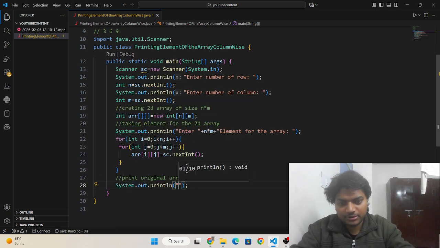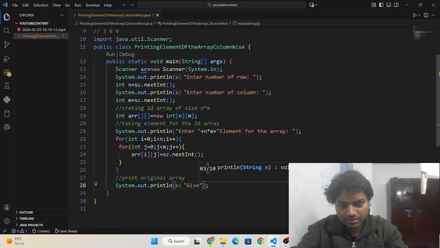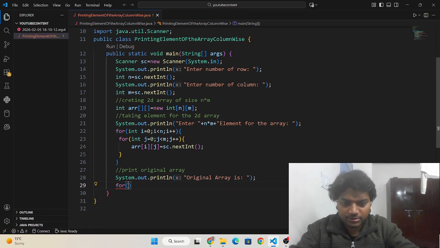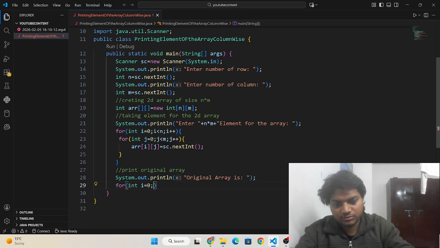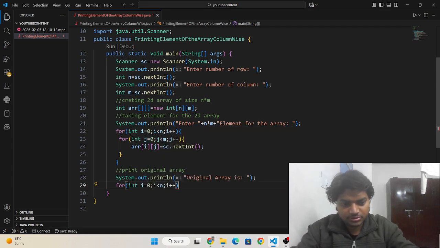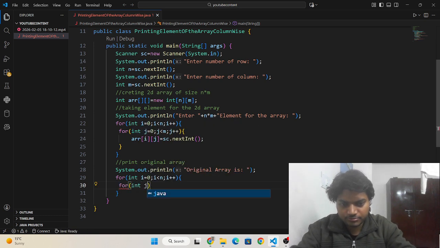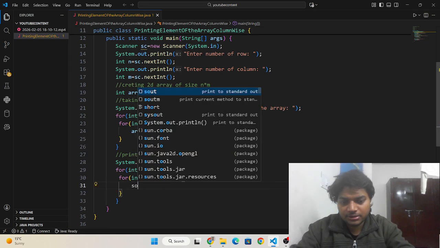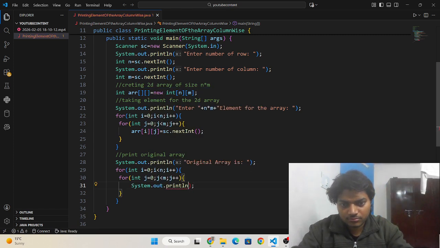Then we need to write here given or original array is, and then for int i is equal to 0, i less than n, i plus plus, for int j is equal to 0, j less than m, and j plus plus, and then we need to print arr of i j with one space.